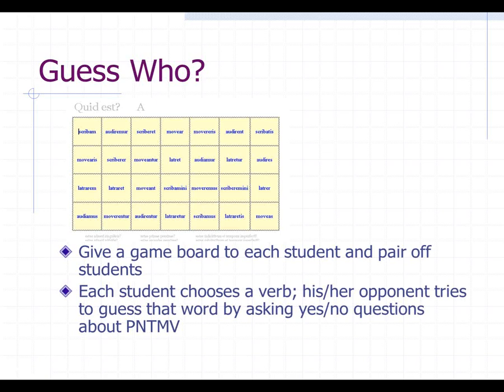So obviously, the object of the game is to guess your partner's word before he or she guesses yours. The only thing that you sort of have to make sure of is that your weaker students know the answers to all their questions. I've had some frustrated students who, so you ask your partner, is your verb plural? And they say, oh, yeah, it is. And then they actually had a singular verb and they just didn't know it. So you kind of have to watch for that. But otherwise, it's really fun, and they have a good time with it.